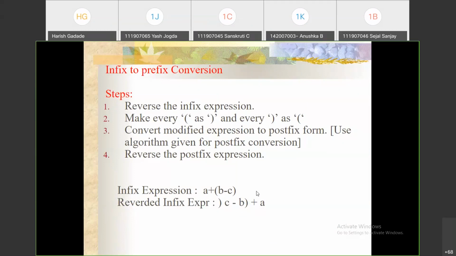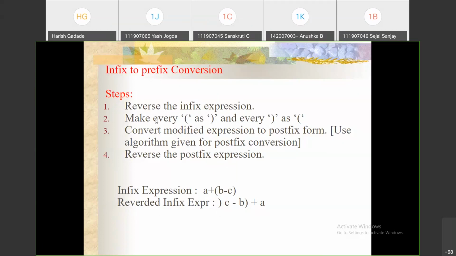Suppose an infix expression is given, then what would be the first step? Whatever the infix string is, you need to reverse it. You can see here that the first step is you reverse that infix expression.